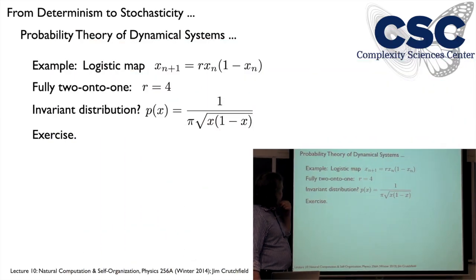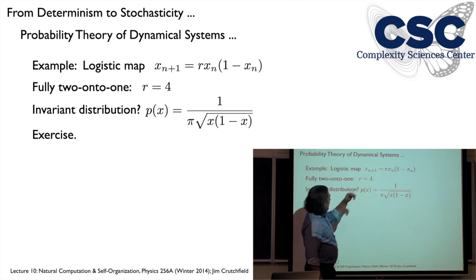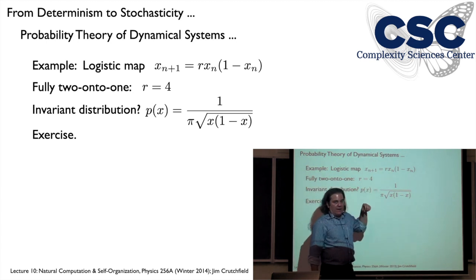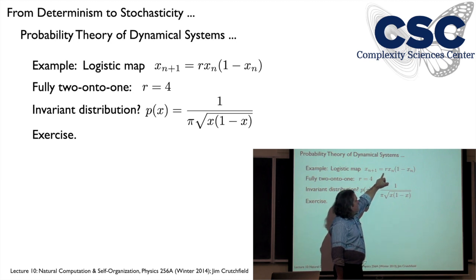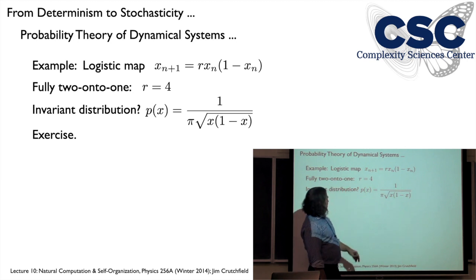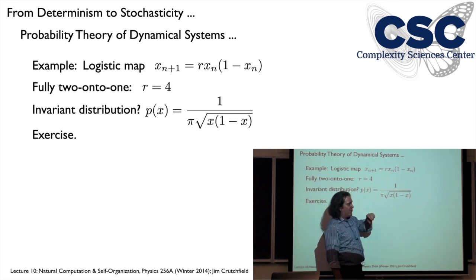And an interesting final case, which I won't go through the calculation, but it's part of one of the exercises, is a logistic map at r equal 4. I think I mentioned before. So folks back at the Manhattan Project in the mid-40s were using digital computers, and they needed random number generators. So John von Neumann, the mathematician, came up with using this logistic map as a random number generator. And he also back then noted this in a very short abstract in the AMS proceedings, that this distribution was invariant.